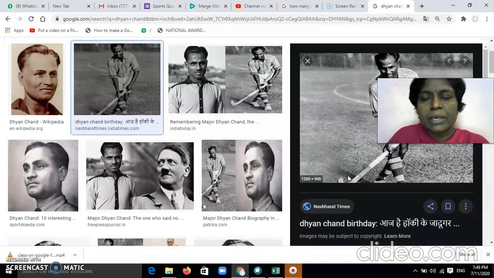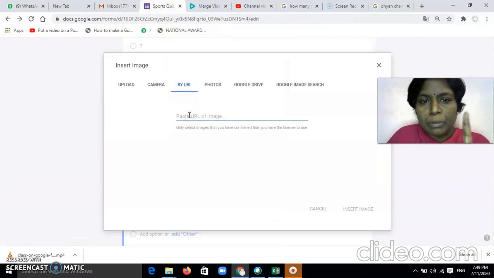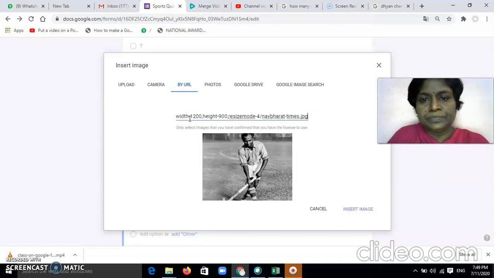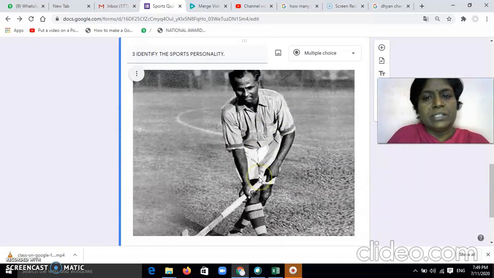Click on it and it will copy the URL. Now go to your page where you have to paste the URL, press Ctrl V, paste it. The image has come. Now you give insert image, and the image is inserted.